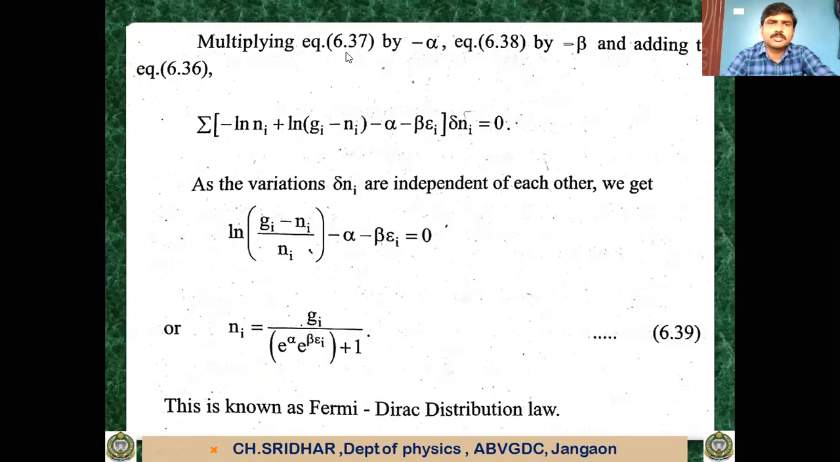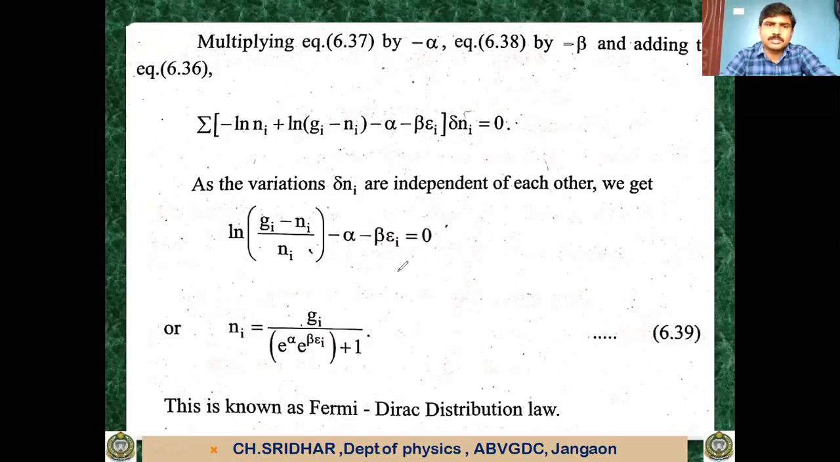multiplying equation 6.37 by minus alpha and equation 6.38 by minus beta and adding to the equation, we have summation of minus log Ni plus log of Gi minus Ni minus alpha minus beta Ei into delta Ni is equal to 0. And as the variations delta Ni are independent of each other, this term goes to 0. So log of Gi minus Ni by Ni, minus alpha minus beta Ei is equal to 0. And if you apply the anti-logarithm, we'll have,